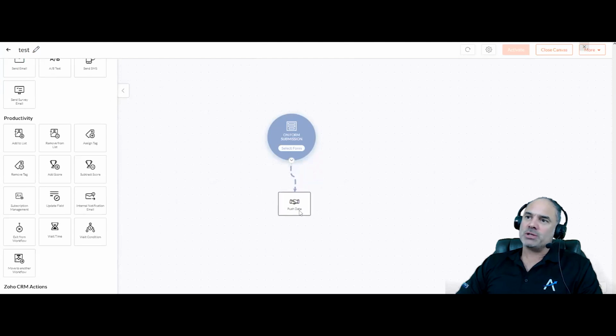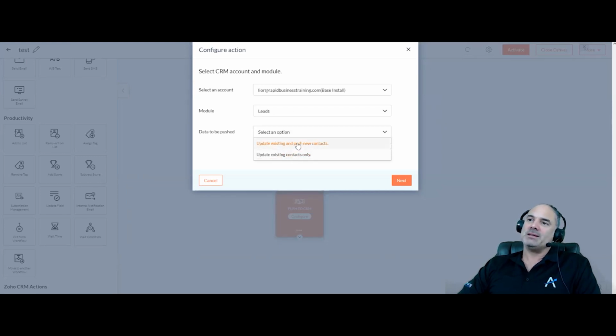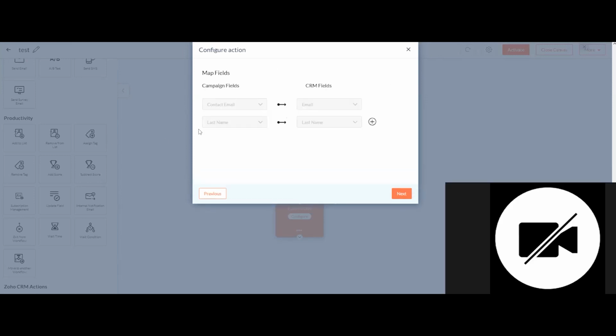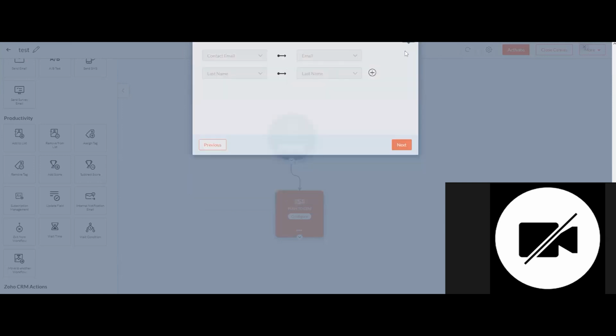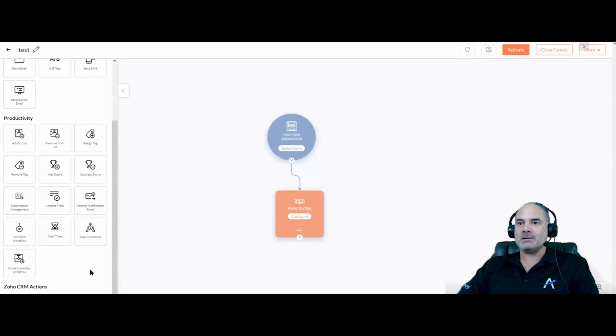So we can push data to the CRM, and the data that you push to the CRM will be the thing that triggers the webhook in the CRM. Okay, so just basically an update field in the CRM, and then create an action in the CRM to initiate the webhook. Yeah, that can work. Okay.